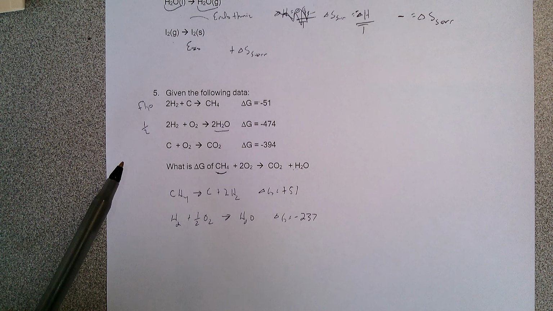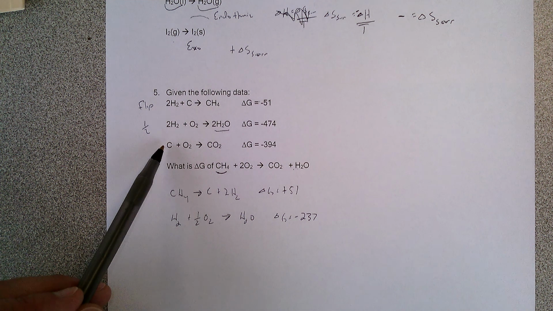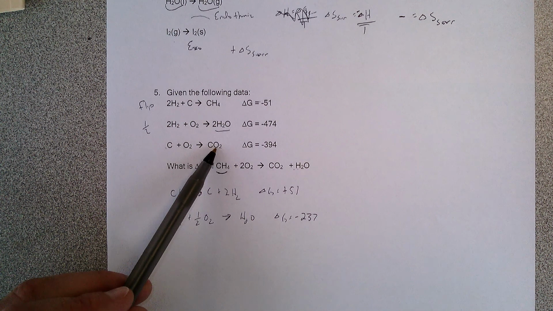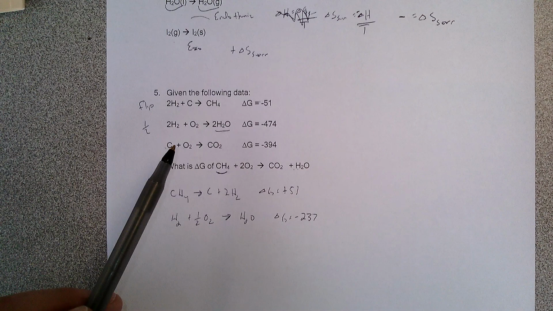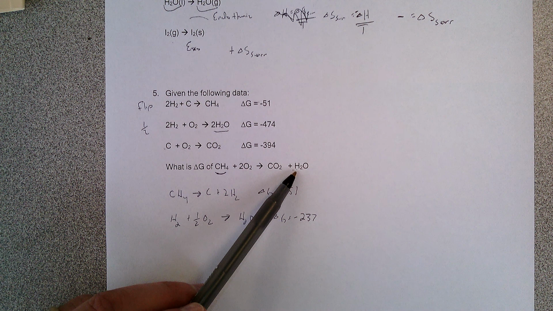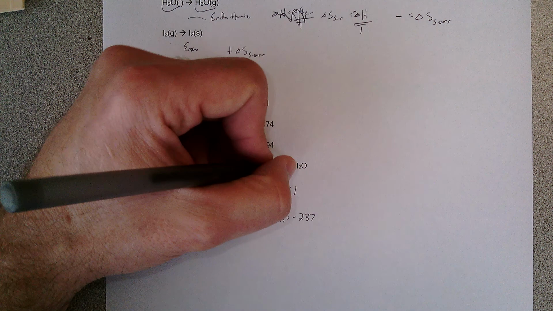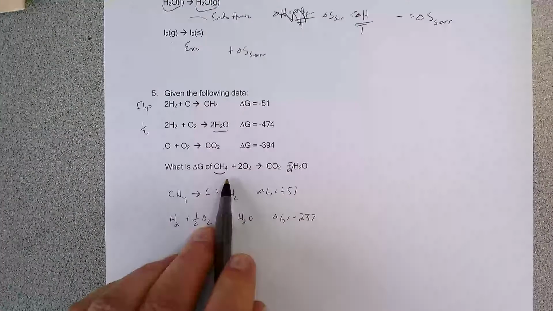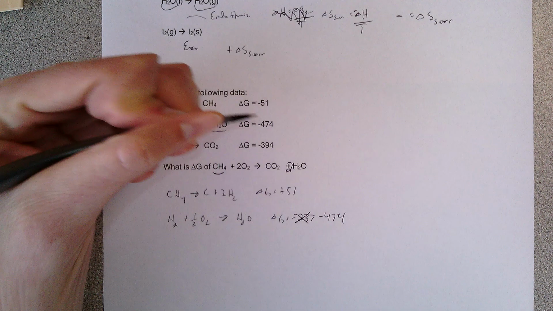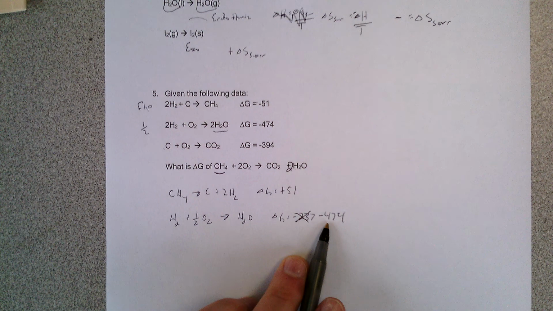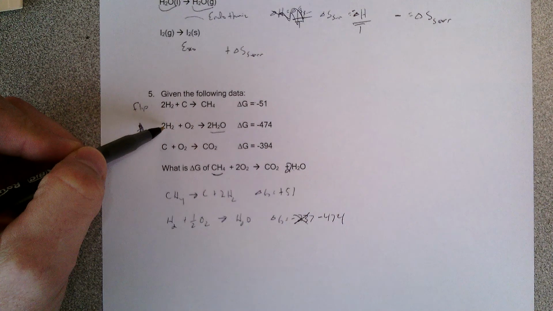Then I see what is left, and I want to get rid of this carbon. I want CO2 on the product side. Oh, we're going to have to edit this video. I typed this wrong, didn't I? There should be a 2 there. That's not balanced right. So we're not going to cut this in half. That should be a negative 474 right there, because we do need 2 there, right? Or the other things won't balance out.